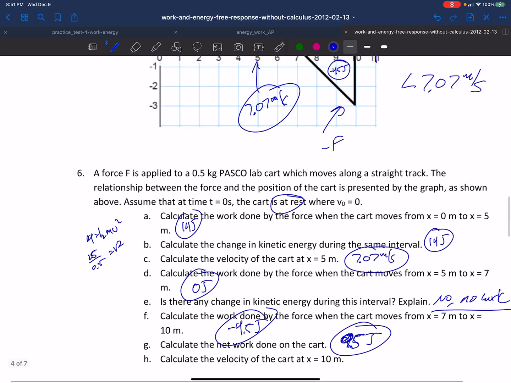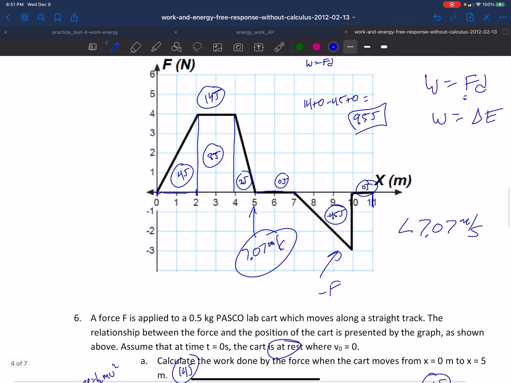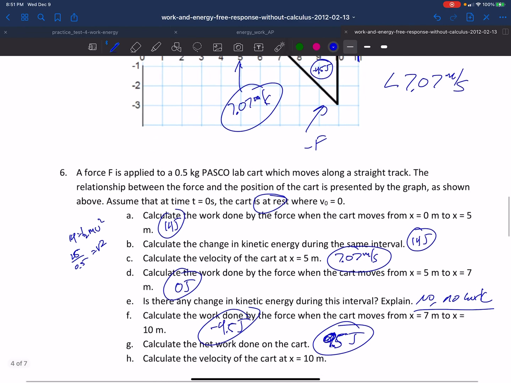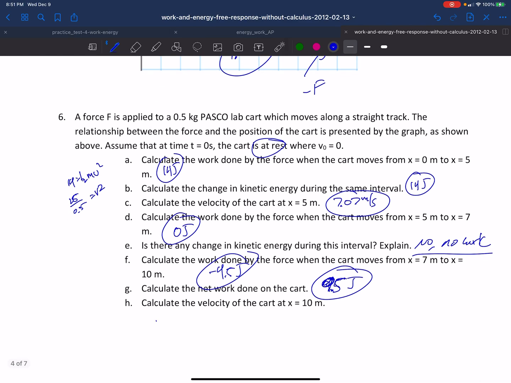Well, again, it starts at rest, so it had no energy. All the work done, which is 9.5 joules, all that work is being converted to kinetic energy. So 9.5 equals 1/2, 0.5 v squared. So 19 divided by 0.5 equals v squared. So what is the square root of 38? 38 square roots,